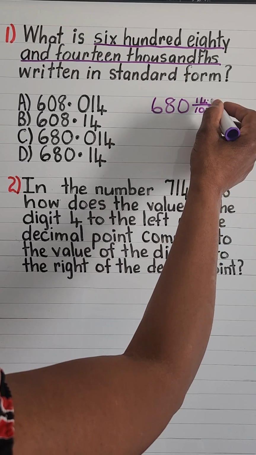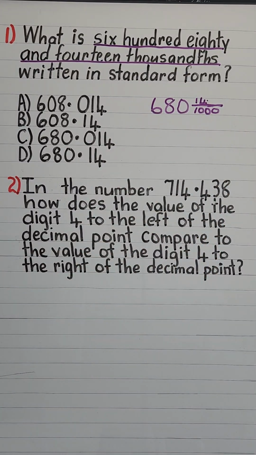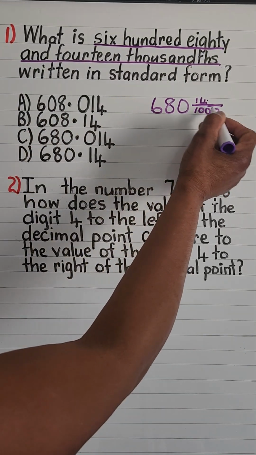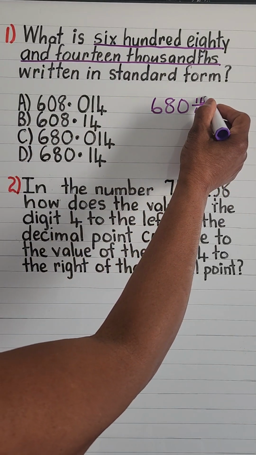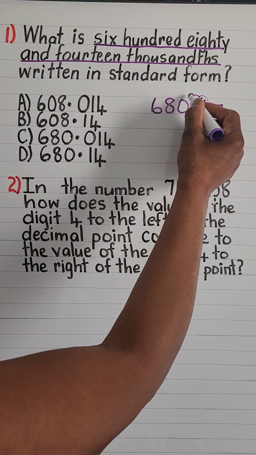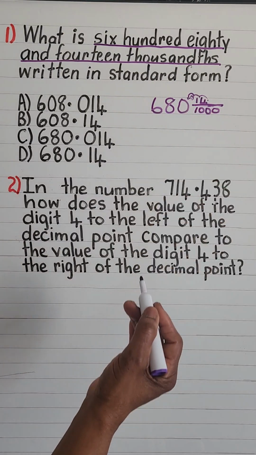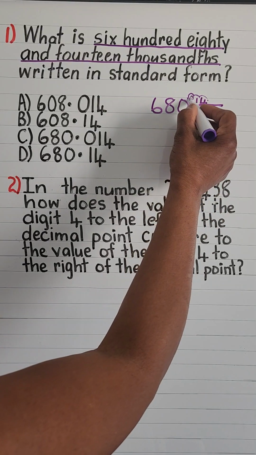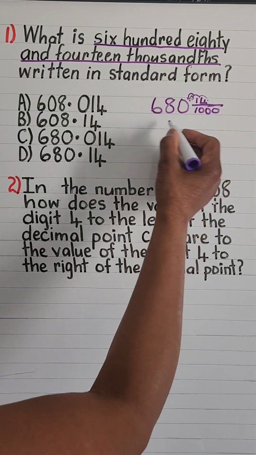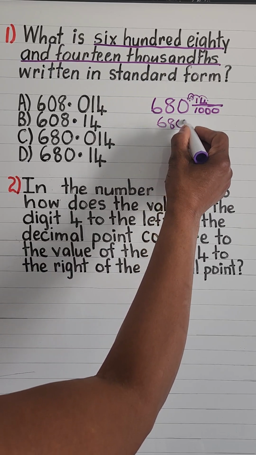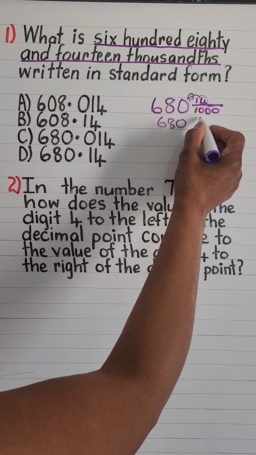Remember, the decimal point in a whole number is always behind the last digit. So divide by 1,000, 1, 2, 3 places. So we're going to have a 0 right here, and the point will come right here. So therefore, 680 and 14 over 1,000 is